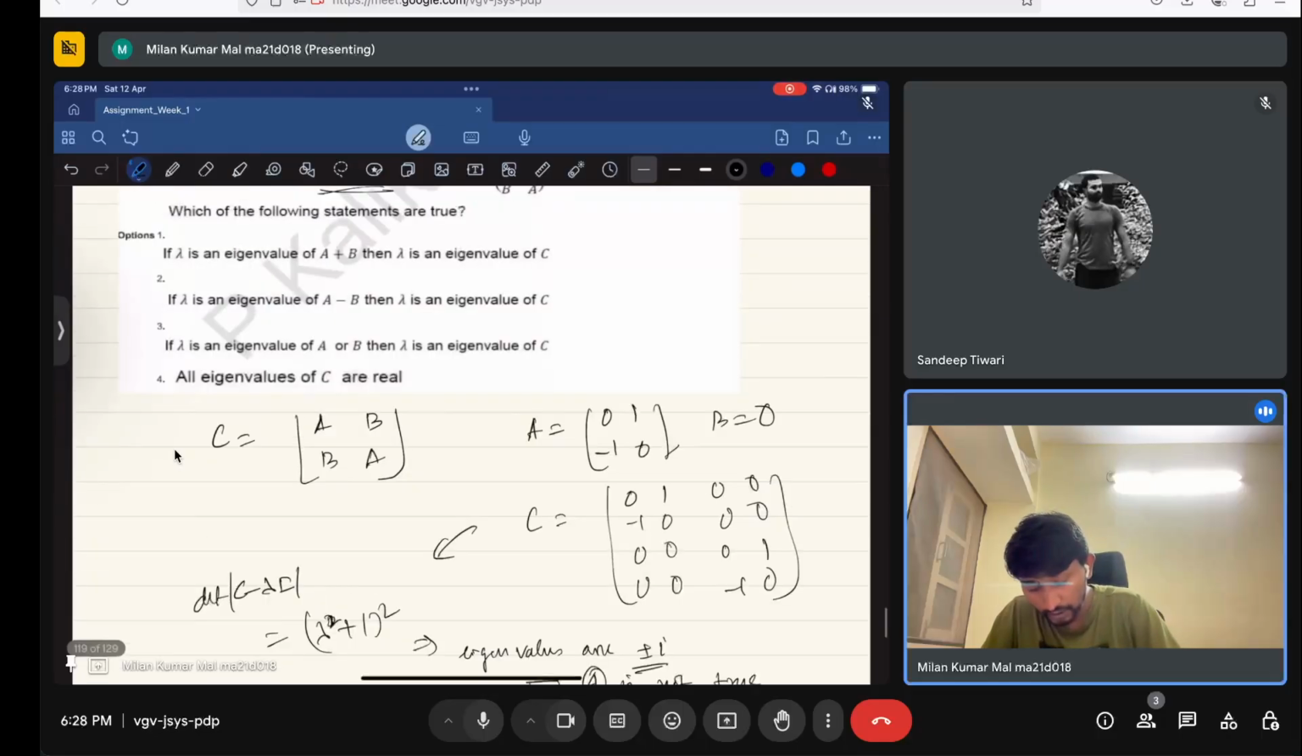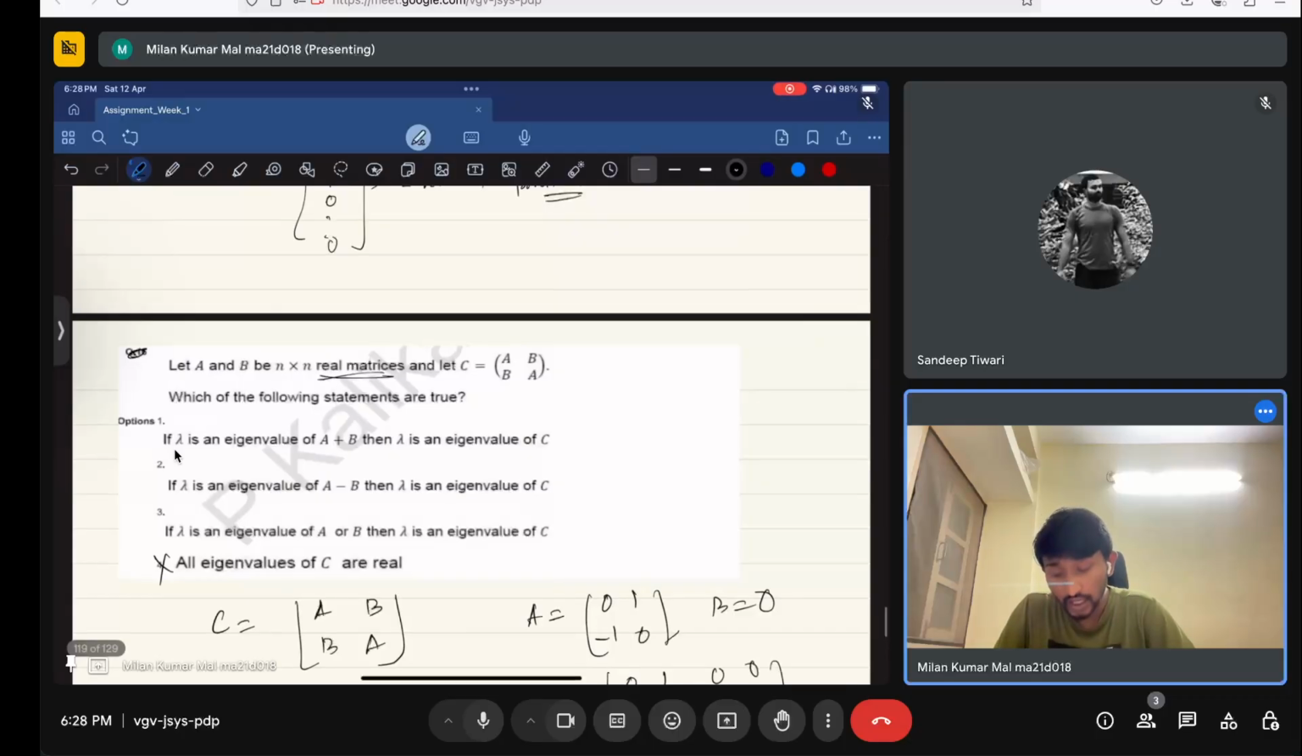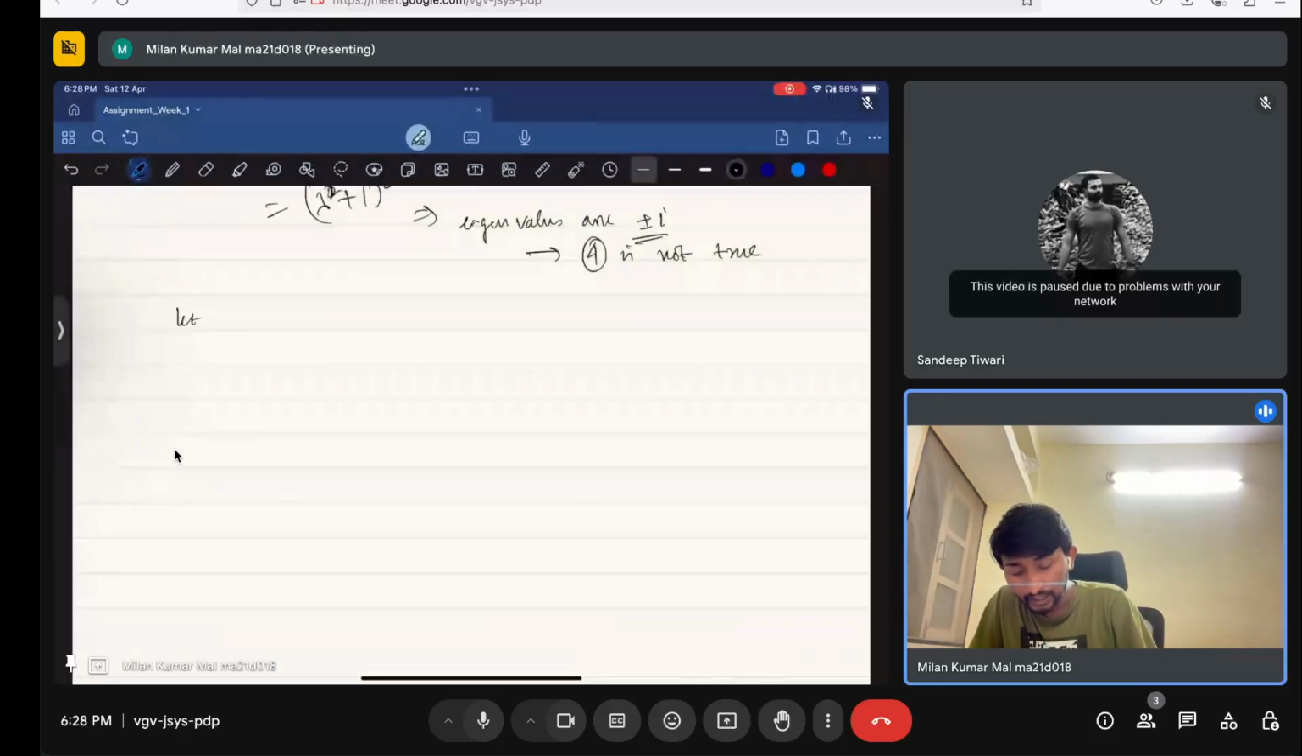True. So therefore, this is not true. Therefore, all other things we'll try to do in a single stroke if it is possible. Let's try to do A and B as a matrix. Let lambda belong to R be an eigenvalue